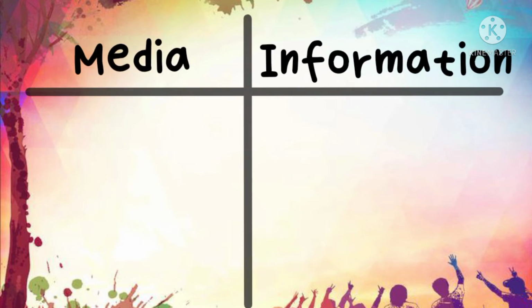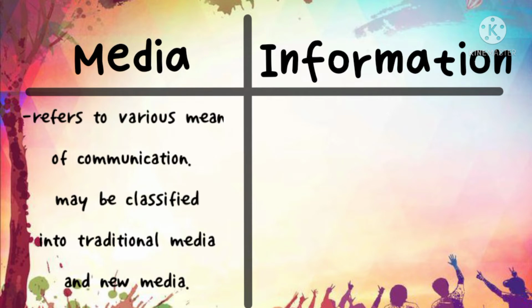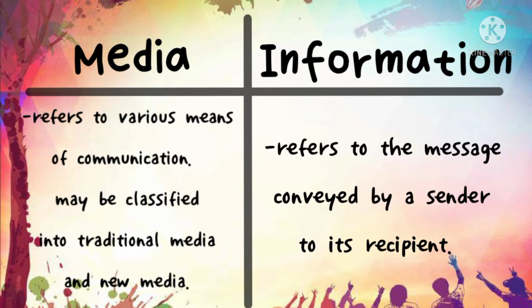So next we have the terms media and information. First is media. It refers to various means of communication, and it may be classified into two classifications, the traditional media and the new media. Next is information. It refers to the message being conveyed by a sender to its recipient. So information is the opinion, idea, or message conveyed by a sender to its receiver,